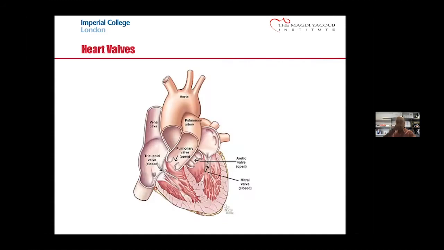So here is the heart, and for anyone who might not be familiar with the anatomy of the heart, the four valves within the heart are slightly different in nature. You have the two AV valves, which have a sort of parachute type mechanism for closure, and the semilunar valves, the pulmonary valve easily seen in this diagram, which is anatomically similar to the aortic valve, which is just shown behind this in this picture.